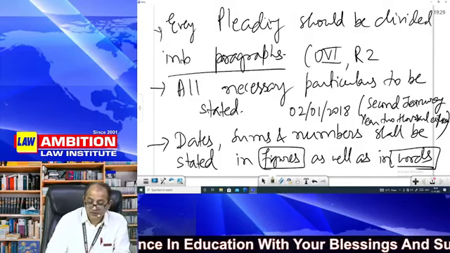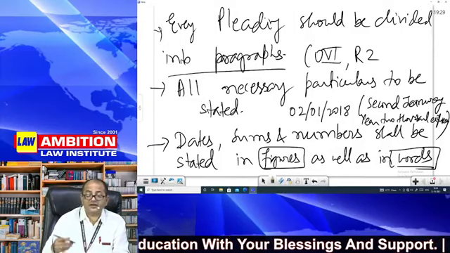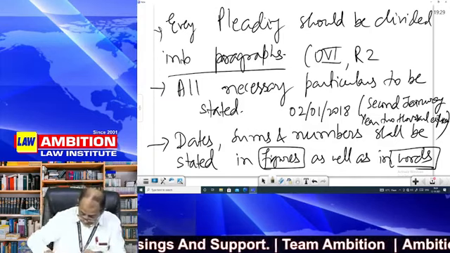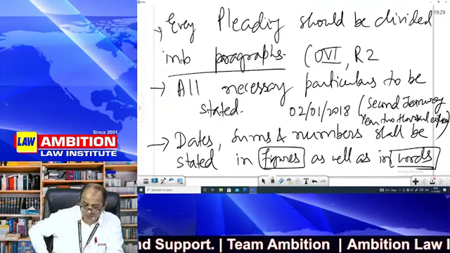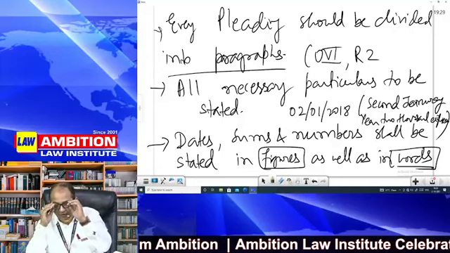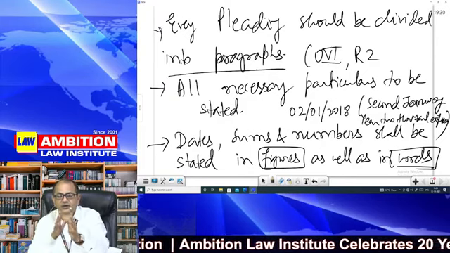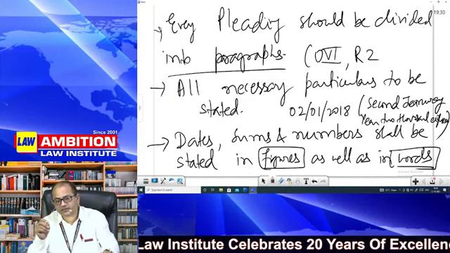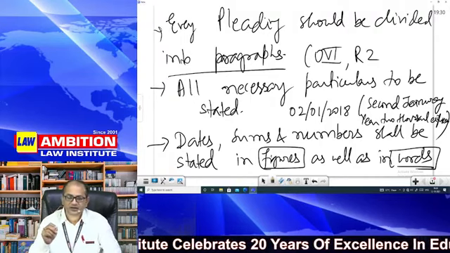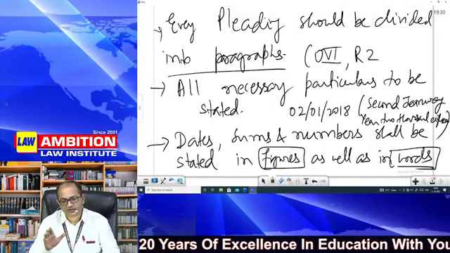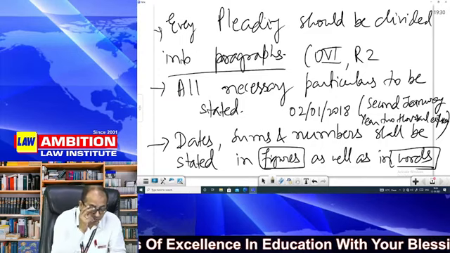So suppose there is a contract and you allege that the contract was entered into by fraud, by misrepresentation, and you seek a refund of money on that basis. You claim a refund of money, there is a voidable contract which you have entered into due to fraud, due to misrepresentation. Then you will mention this particular and necessary fact, and you have to mention that fraud has been committed or misrepresentation has been committed. So that is what is written in Rule 4.